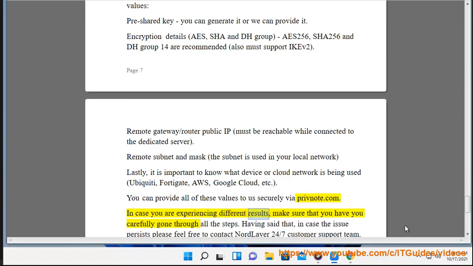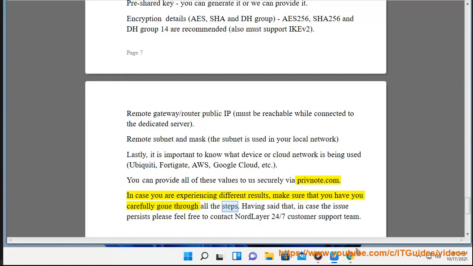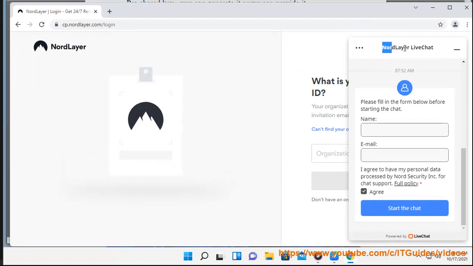In case you are experiencing different results, make sure that you have carefully gone through all the steps. Having said that, in case the issue persists, please feel